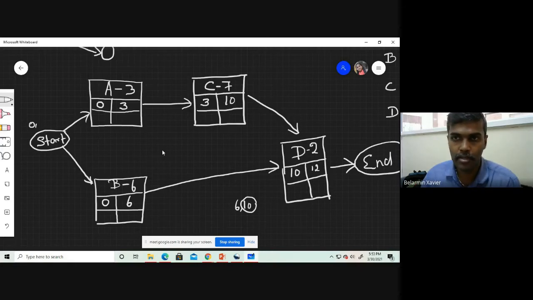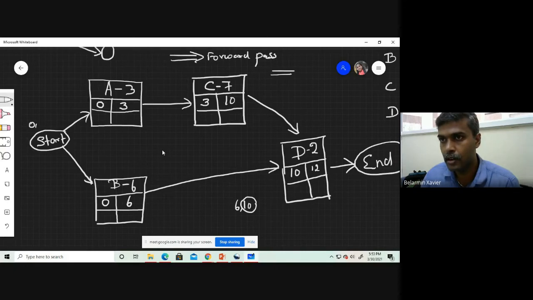The forward pass is over, and we are now going to calculate the backward pass. How late can we complete this activity?